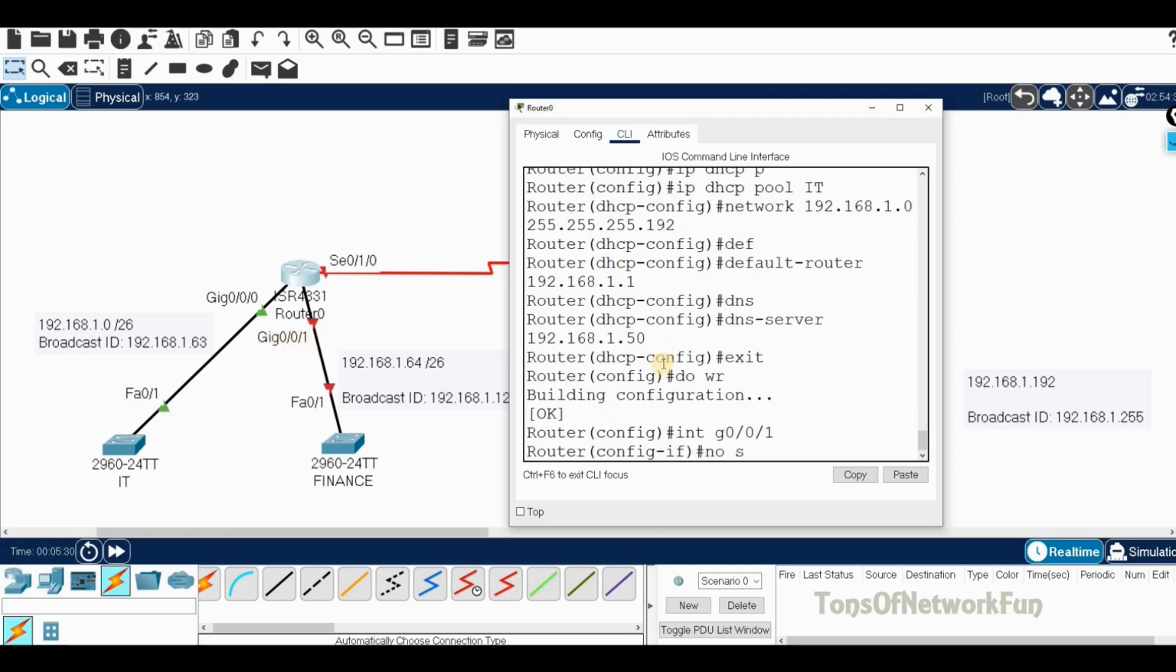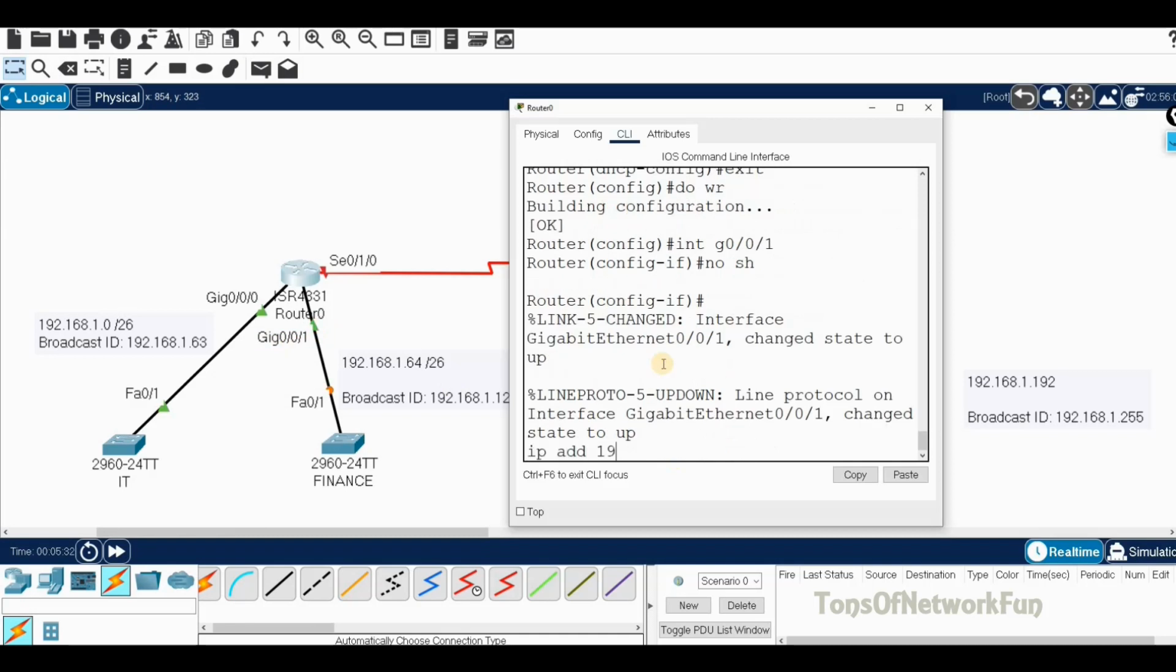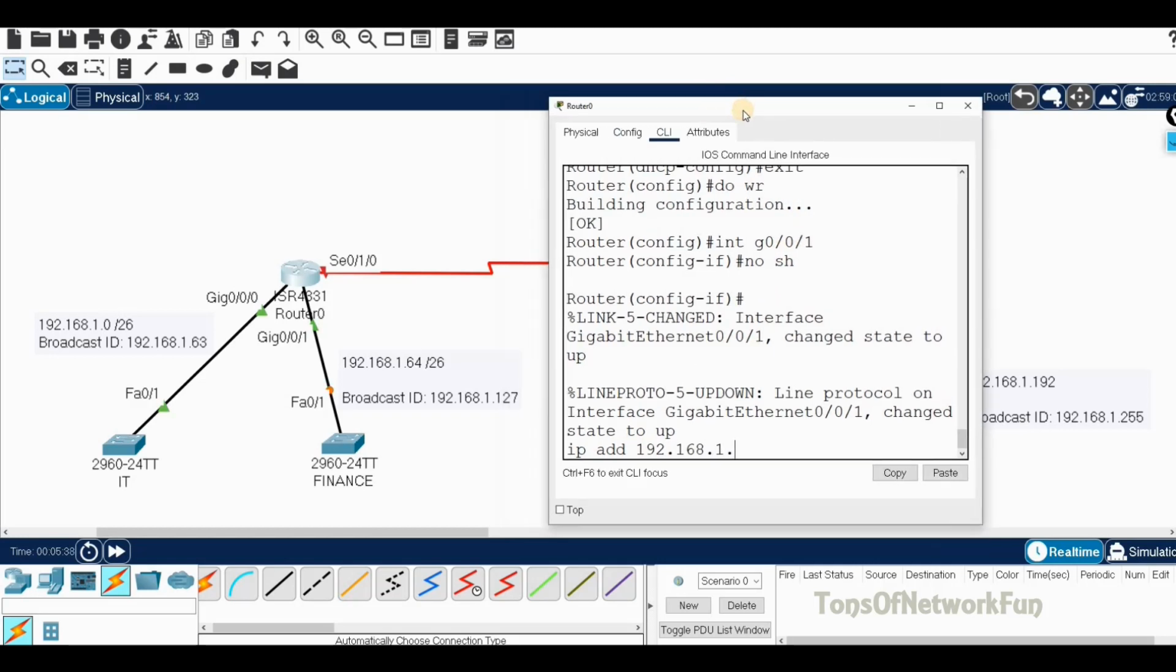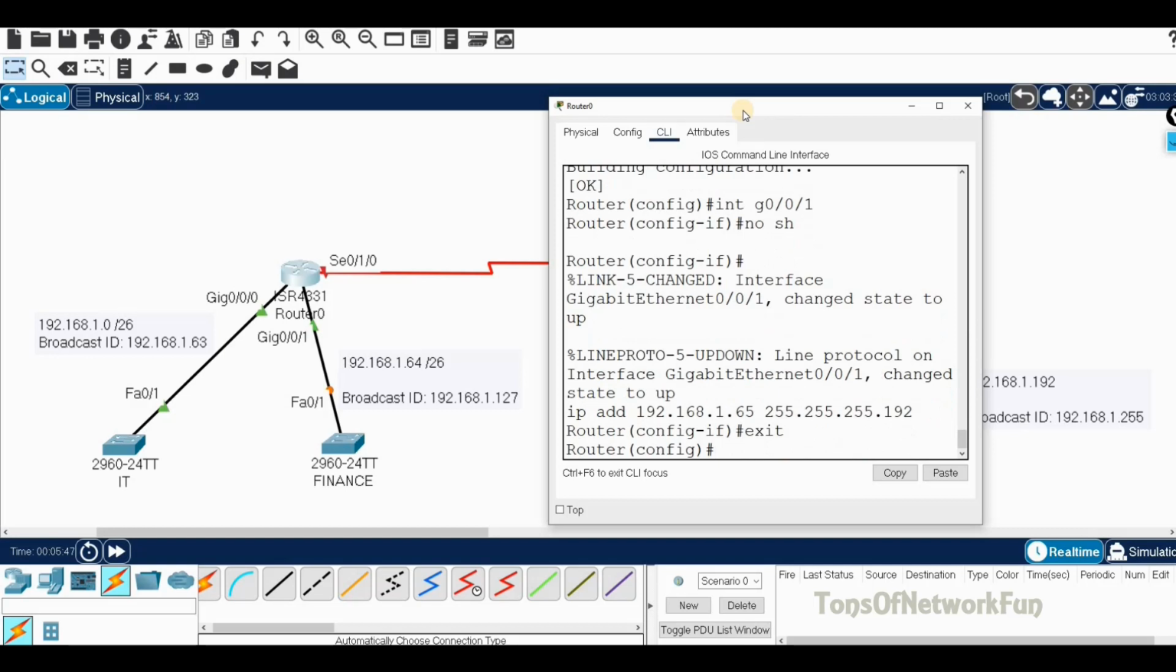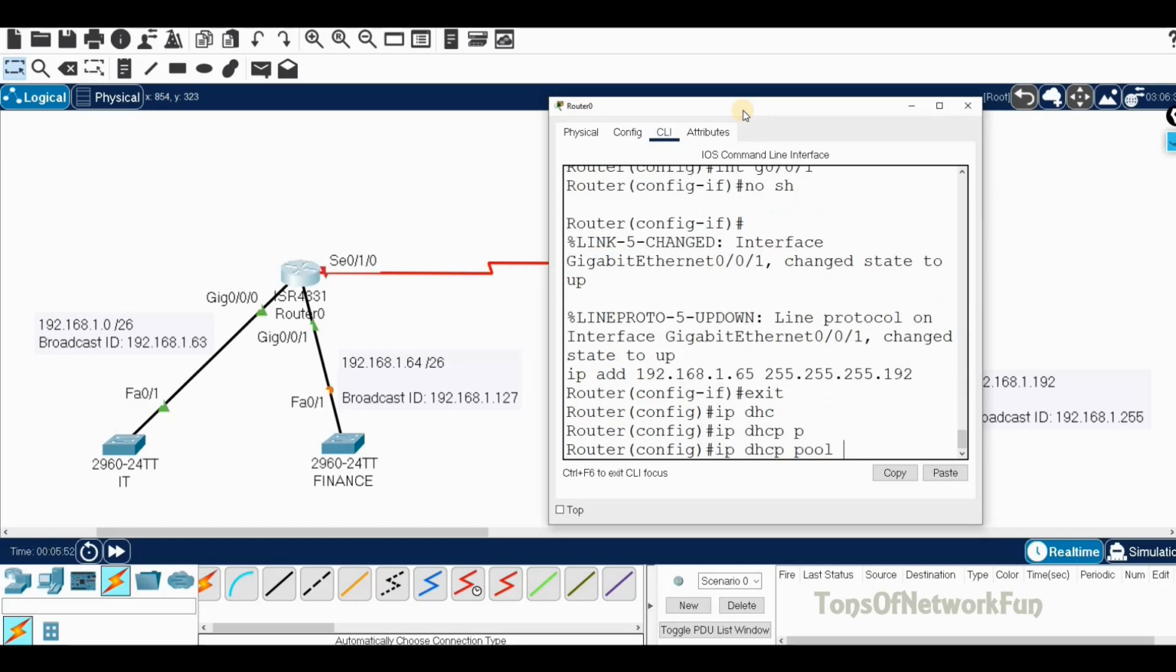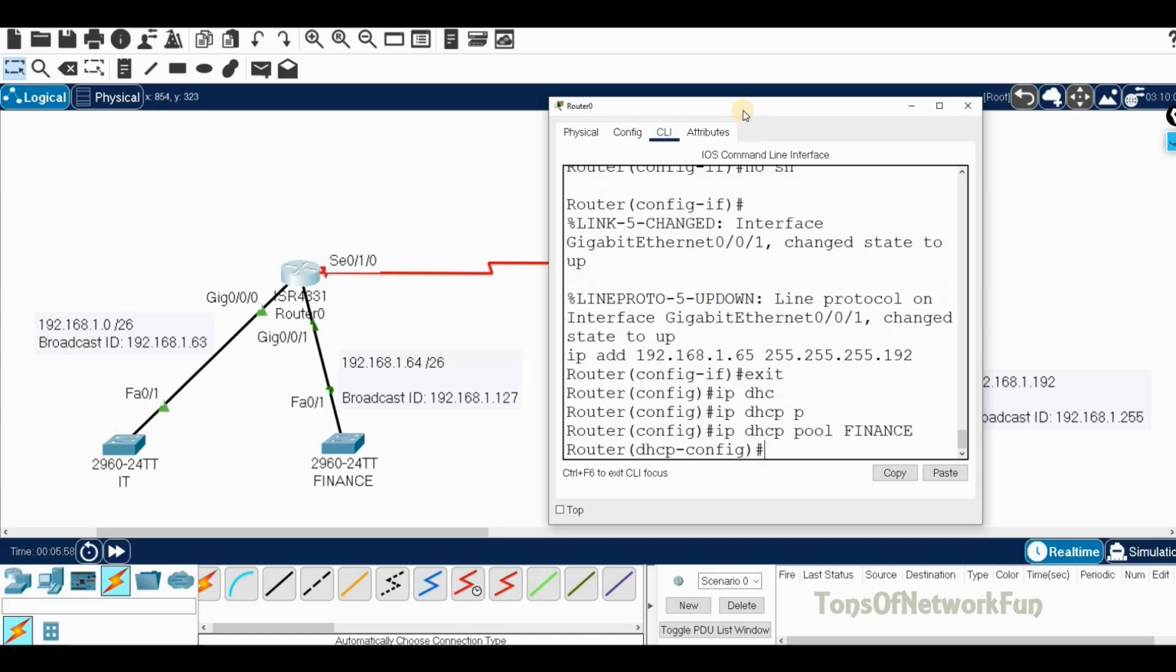Now we'll do it for finance, and it is connected to this G0/1 interface. G0/1 no shut. IP address 192.168.1.64 is the network ID. 65 is the first usable. 255.255.255.192. Exit. Now we'll create the DHCP pool. IP DHCP pool and give a pool name. Let's make it simple. Finance. Okay. Network